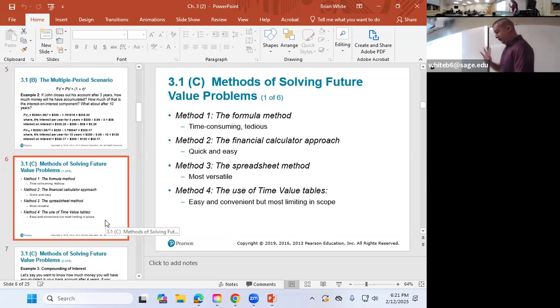There are 4 different methods you can use to figure out compound interest. You can use the formula method. I will not teach you that. I will not expose you to such madness. I do not want you writing on paper with a pen or on a board that takes up 5 boards